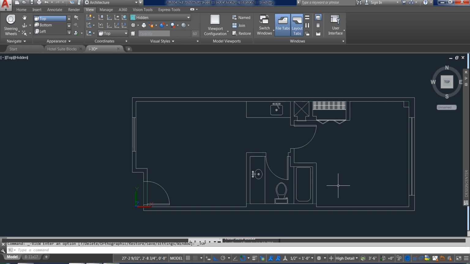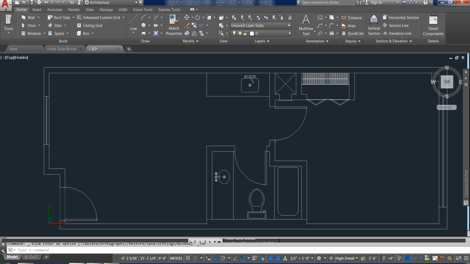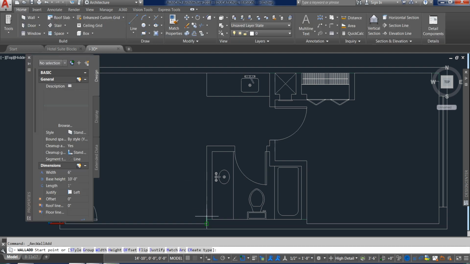So I can continue with the interior walls, and I'll come in here, back to the Home tab, back to the Wall tool, and that one wants to pick up from down there, so that's okay. This is really important on the inside, that I don't stop for a door.